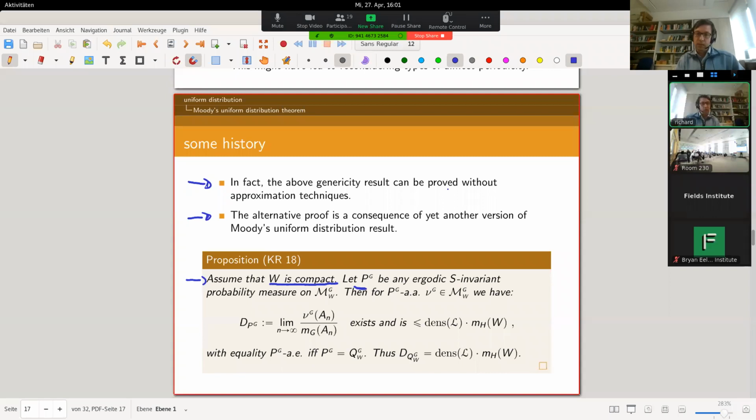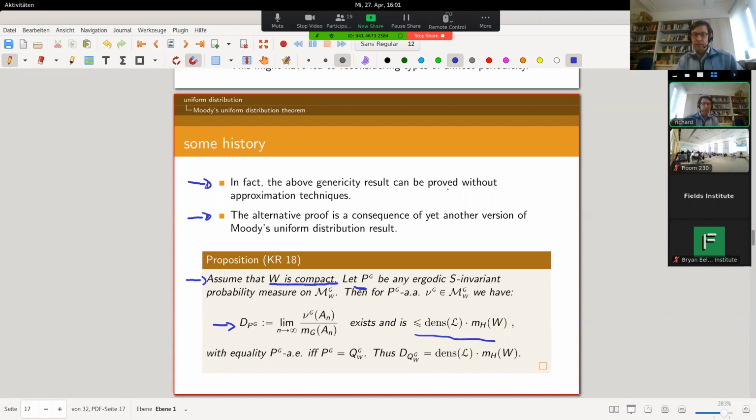And of course you ask, is there a natural density associated with it? And of course there is a natural density associated with it. And this natural density is, as you might imagine, always less than or equal to the density, the Haar measure of the window. And the point here is that you have equality